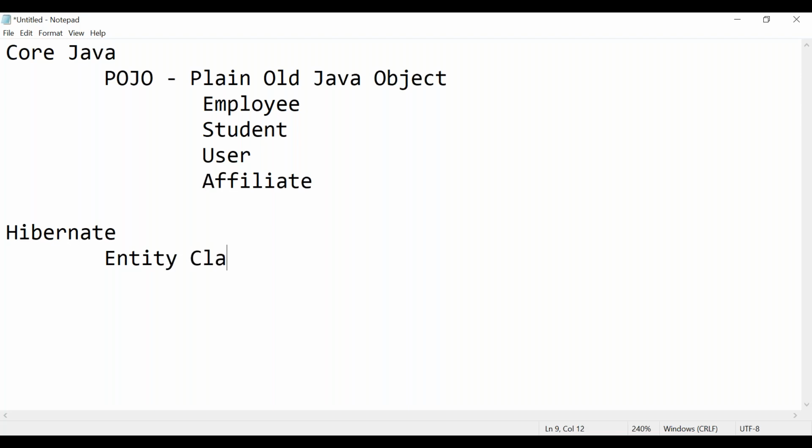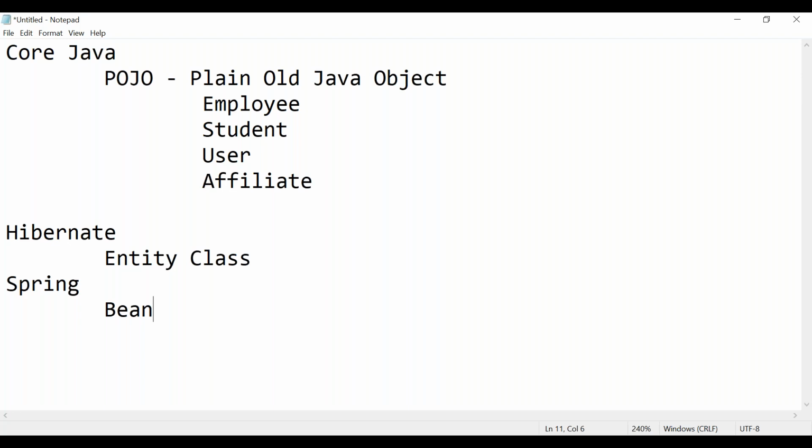In Spring, you will be telling it as a bean class. If someone says, hey, employee is a bean class, then you should understand it is nothing but a Pojo class. So only the name differs depending on where we are telling it.